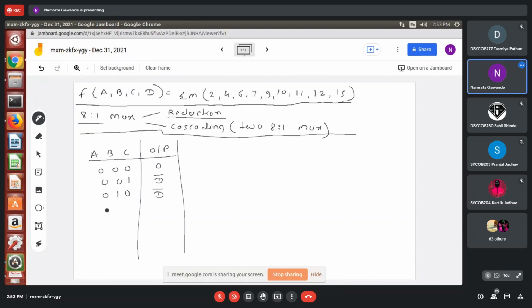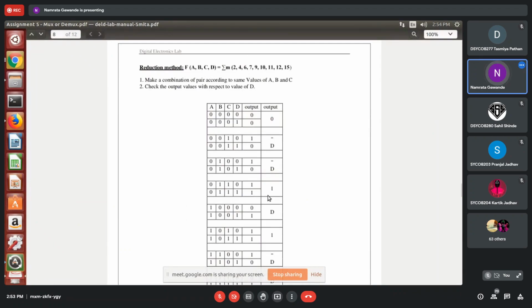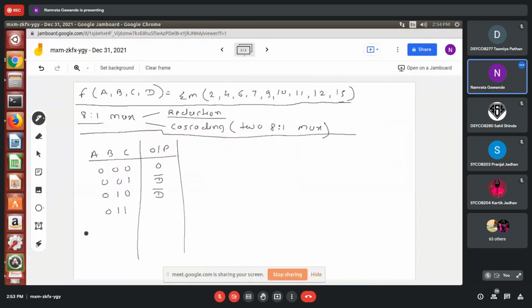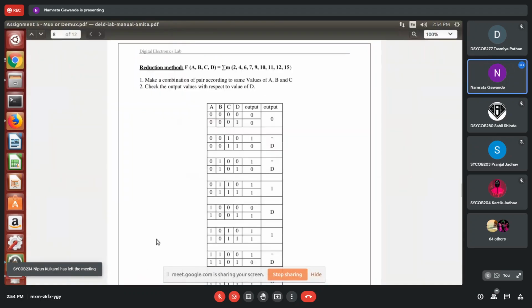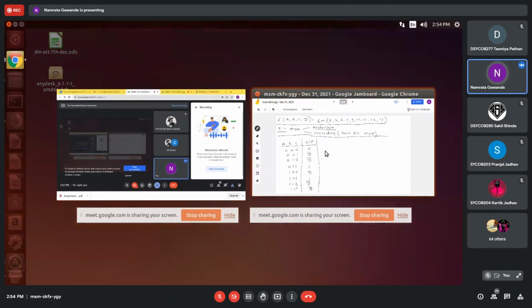Then 0, 1, 1, that is 1. 1, 0, 0, that is D. 1, 0, 1, that is 1. 1, 1, 0, that is D complement, and 1, 1, 1, that is D. Okay, can you see from this truth table, I have written over here the reduced form of this truth table.